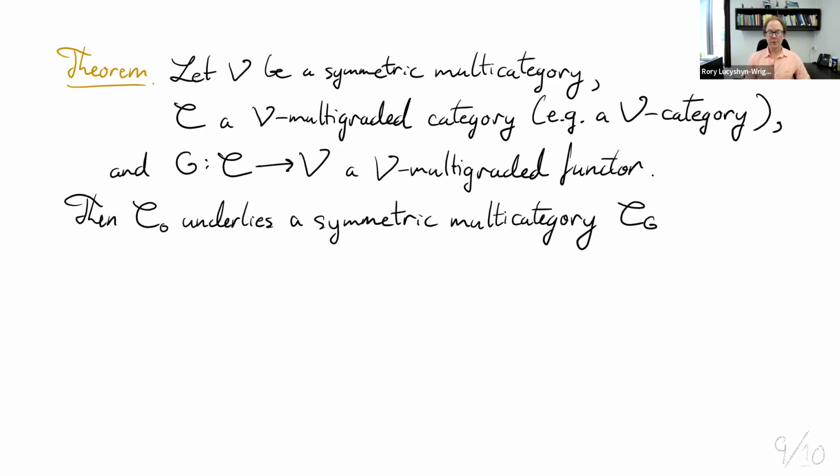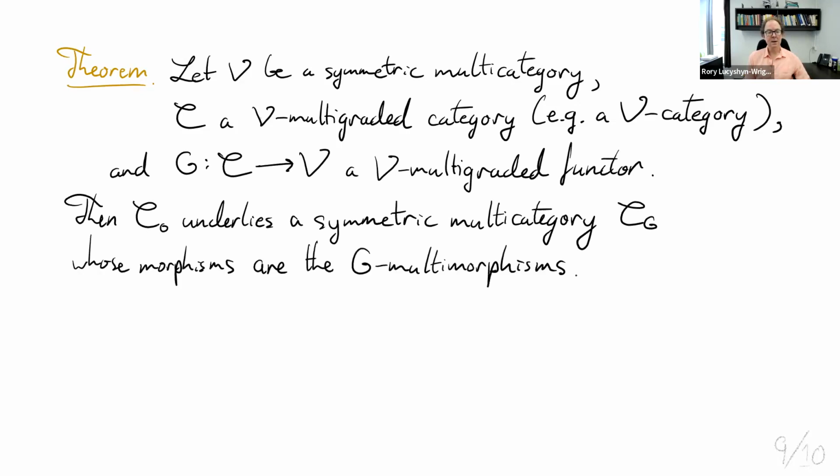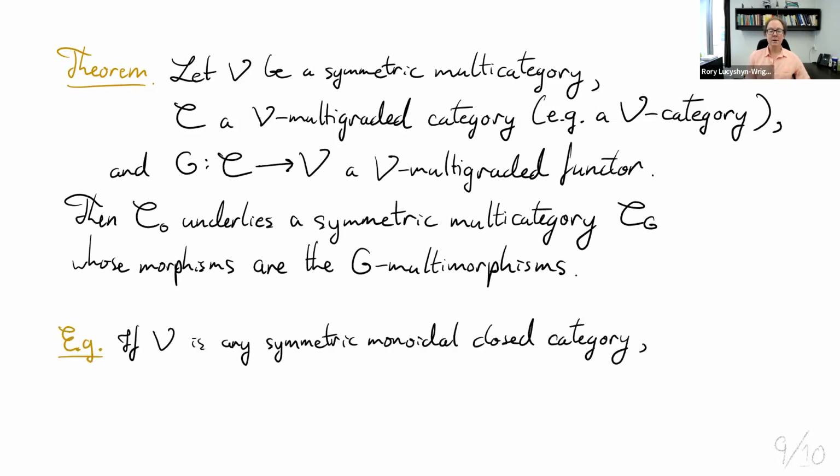And then I've proved that when we look at the underlying ordinary category of C, that's C naught, that C naught underlies a symmetric multi-category script CG. So C in this way carries the structure of a symmetric multi-category CG, in which the morphisms are these G multimorphisms that I've described. And in particular, we can apply this theorem in the usual setting of enriched category theory,